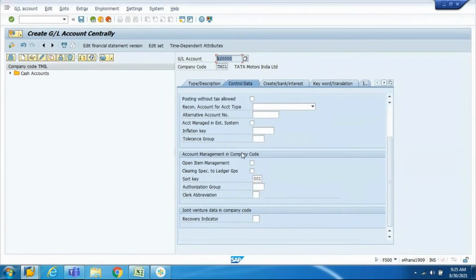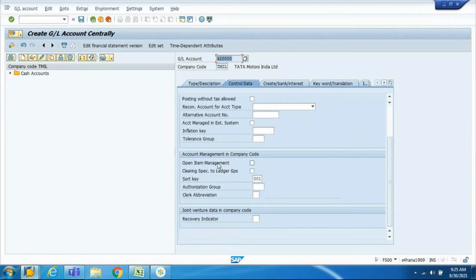By default, line item is enabled for all the GL accounts in S4 HANA. You do not need to manually put or remove the line item checkbox in S4 HANA. If somebody is asking, these are all the points that you have to bring forward. So line item is not needed. Since this is a P&L account, open item is not relevant.